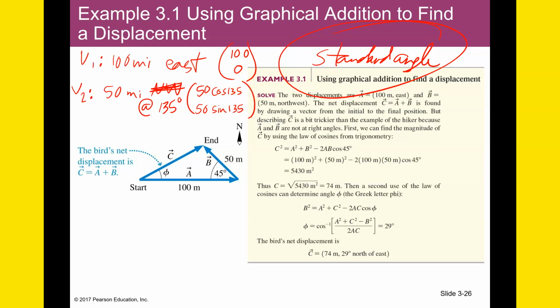And it works every time. If you use the standard angle, it works every time. What's great about a standard angle is it gets you the correct sign for the components every time without having to think much about it. There are other ways to do it. You could think about it like this and have the 50 and have to figure out, use law of cosines,